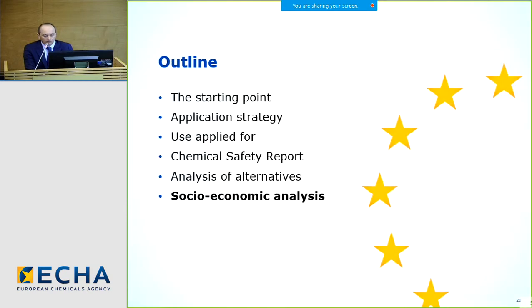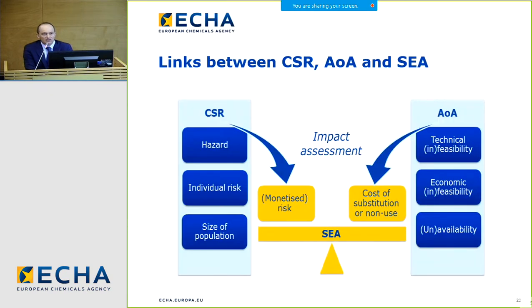And, oops, this would be the last slide. So there are clear links between the CSR, the AoA, and the SEA. This is summarized in this slide. Basically, the CSR helps you to monetize the risk, and the AoA can help you to build on the non-use scenario or to put cost of substitution, for instance, and all these are put into the SEA, and then the SEA concludes on the overall benefits and risks